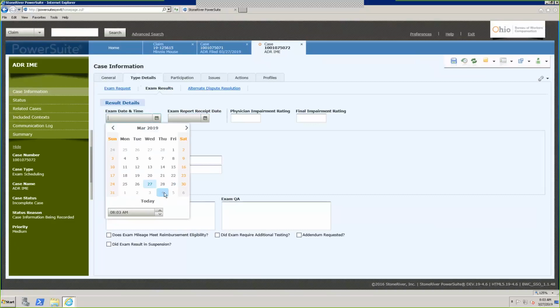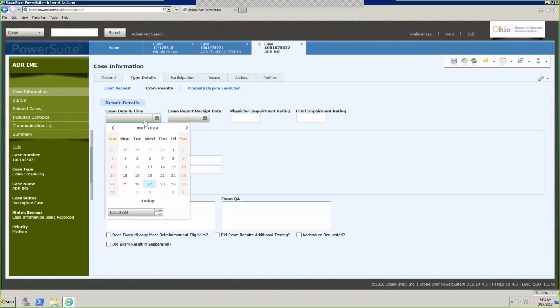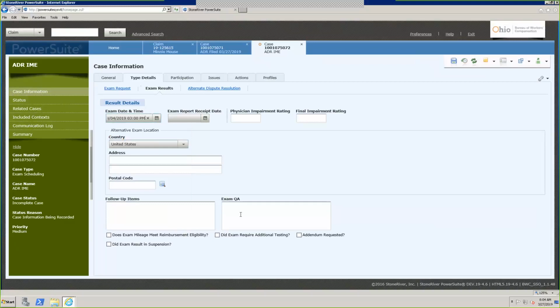your first thought is, oh, April 4th, but it doesn't give you a chance to change the time. It populates the current time. So if you don't fix it, your letter's going to go out with an incorrect time. So if you click the X to clear it, go back to the calendar, go straight down to the time, and let's make this a 3 o'clock p.m. on April 4th. Now it populates with the correct time, and you can save it so that your letter goes